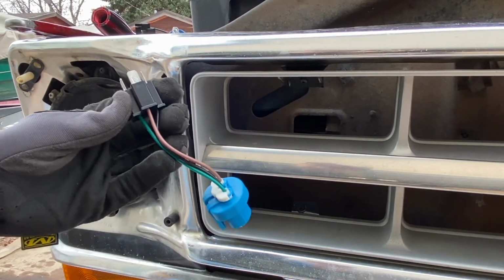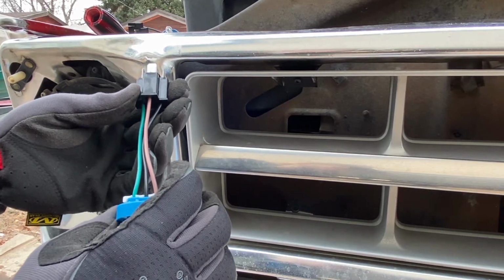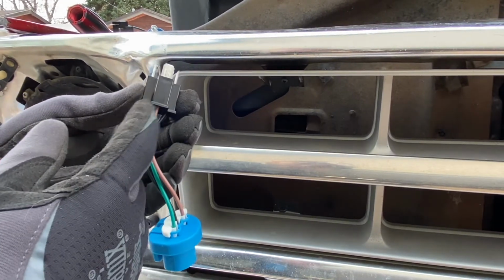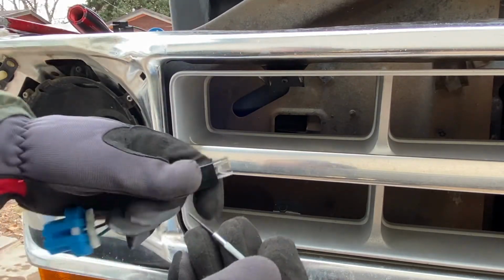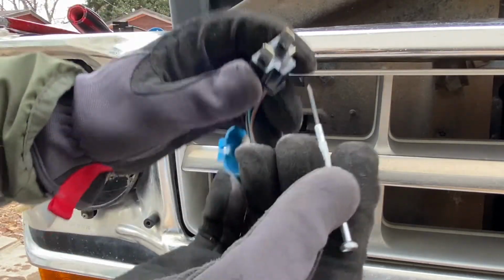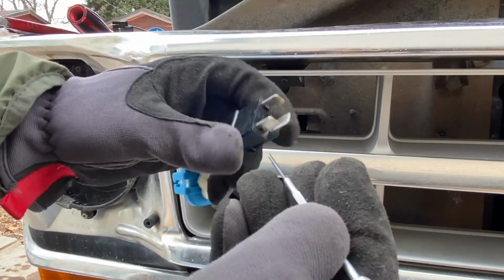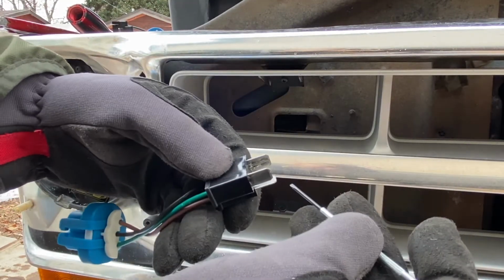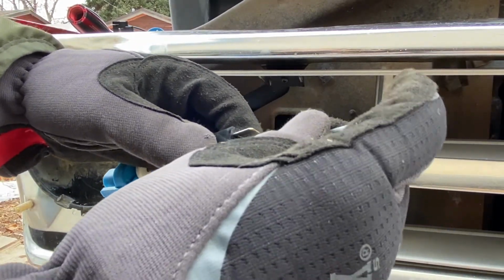All right, so I've taken out this passenger side. Again, we're going to keep black ground where that is. Switch around the orientation of green and brown there. There's different tools for tang removal on these modern connectors like that, but I find just this little screwdriver works. You pop it in, relieve that,